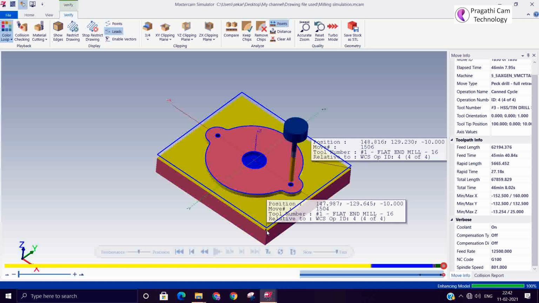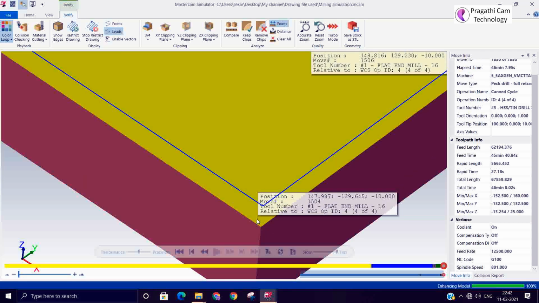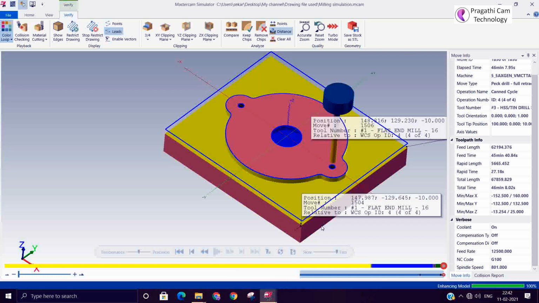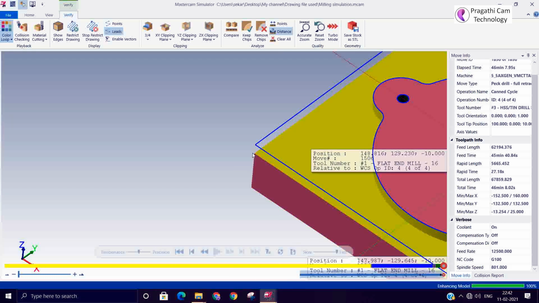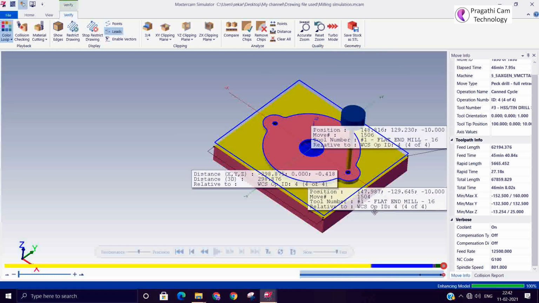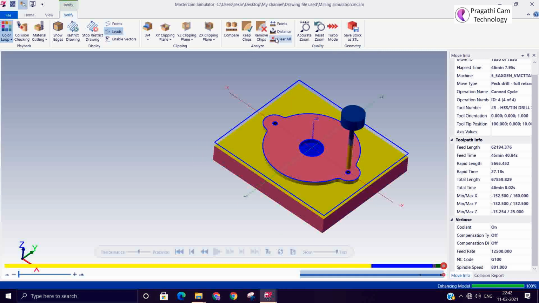You can see one point is visible now. I have not picked exactly. You can measure the distance also. But here the difficulty is holding the point; the selection is a little difficult. If you are able to select, it will tell you the position details. Okay.